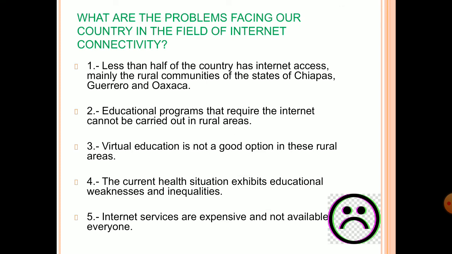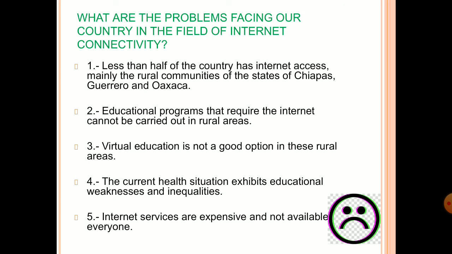There are some problems that exist in our country. For example, the first problem is that less than half of the country has internet access, mainly the rural communities such as Chiapas, Guerrero, Oaxaca. The second problem is that educational programs that require the internet cannot be carried out in rural